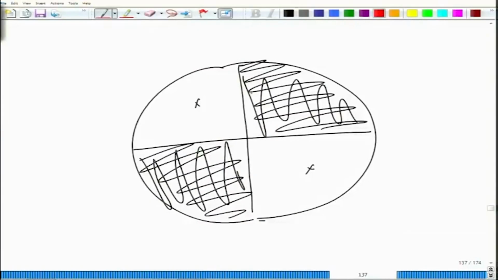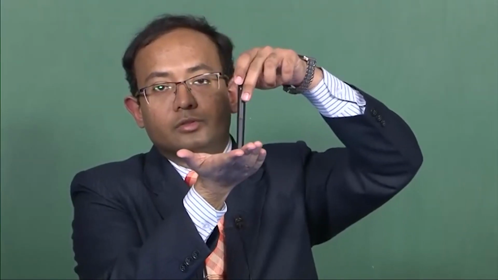So, when you are lowering this disc in water, you are now wanting to measure what is the depth at which you are not able to see this black part as a black part and a white part as a white part. So, if this disc is there on the surface, you can very clearly see the black and the white portions, but then as you increase the depth and if there is turbidity in the water, in that case it will become more and more difficult to see black part as black and white part as white. So, the depth at which you are unable to make out which part is black and which part is white, that is known as the Secchi depth.